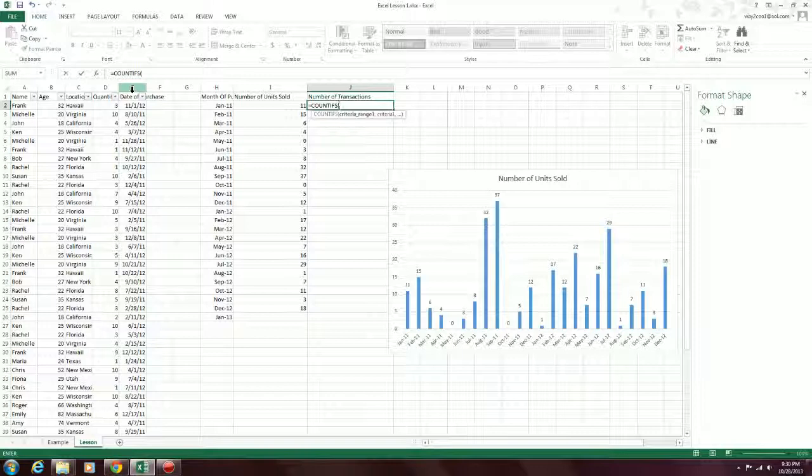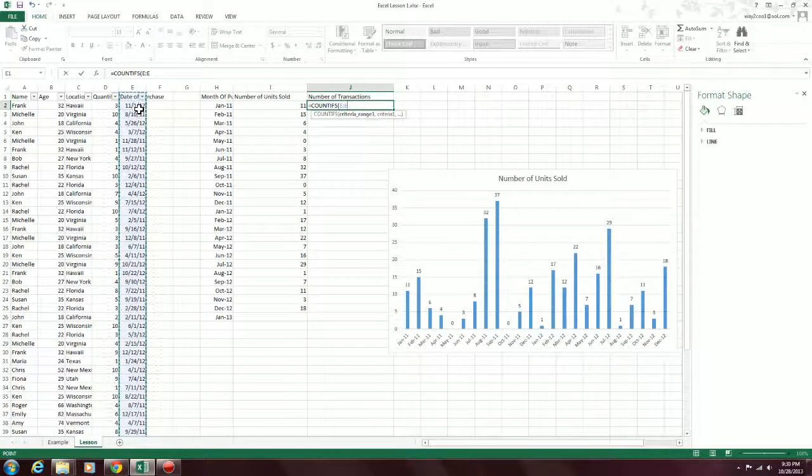The first thing you're going to want to do is look in the criteria range. The criteria range is going to be the dates. Every single one of these dates represents a different date of purchase. So there was a transaction at this date, regardless of how many quantity there were at that transaction. This right here is the date of purchase. So we're going to look in that column, but we're going to look for